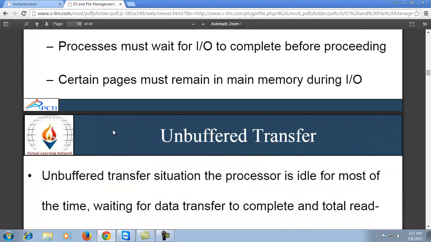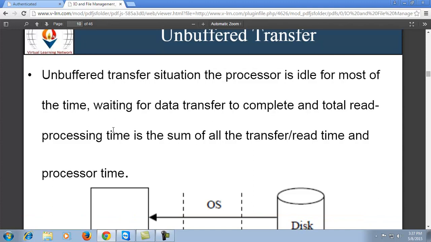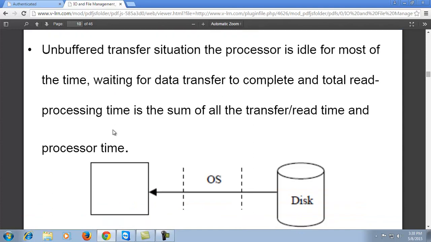Now the next topic is unbuffered transfer. In the unbuffered transfer situation, the processor is idle for most of the time waiting for data transfer to complete, and the total read processing time is the sum of the transfer read time and the processor time.